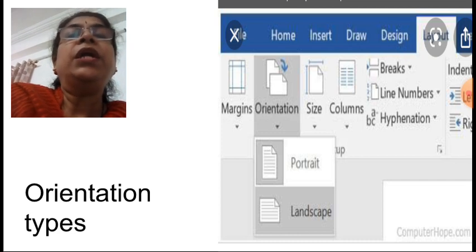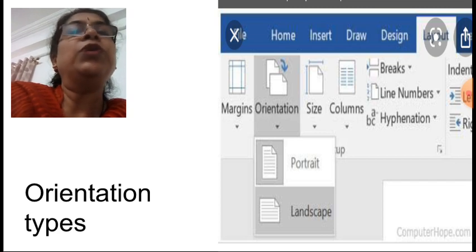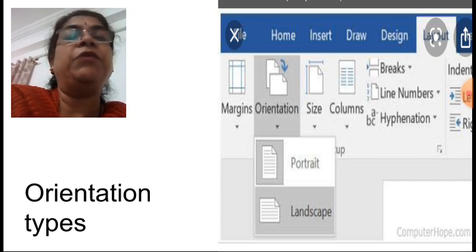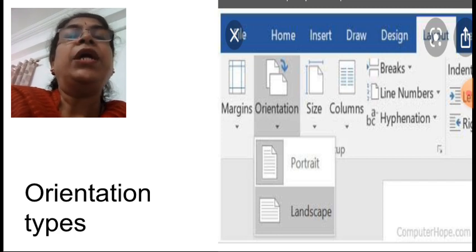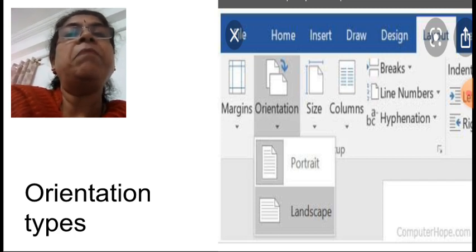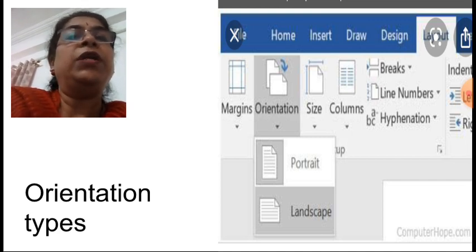Portrait means it will take the paper as vertical and show you the text in a vertical position. Whereas landscape means it will hold the paper horizontally and show you the text horizontally, not in vertical mode.